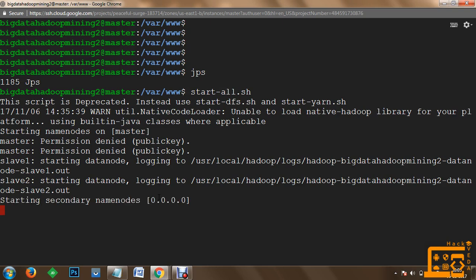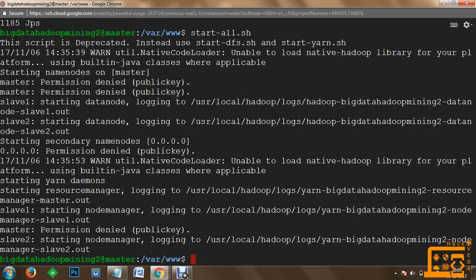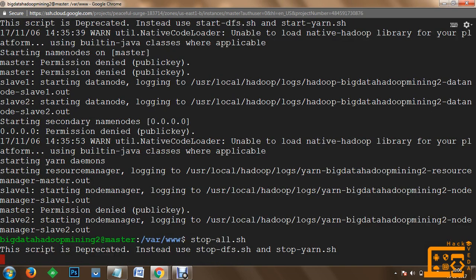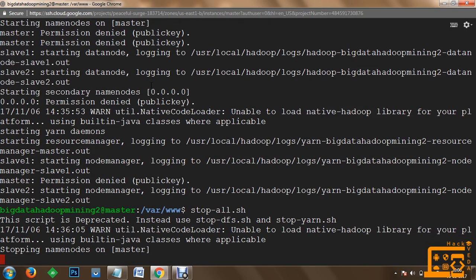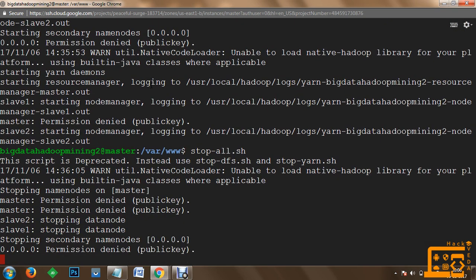So now exactly you can see that we couldn't access the master node. So in order to do that, we have to set the permission to the master node as well again. Anytime you get permission denied information, let's just use stop-all.sh once. Let us just stop the nodes. So data nodes have been stopped at the moment. I would like to set the permission for my access to my master machine, and then I'm going to execute the start command again.